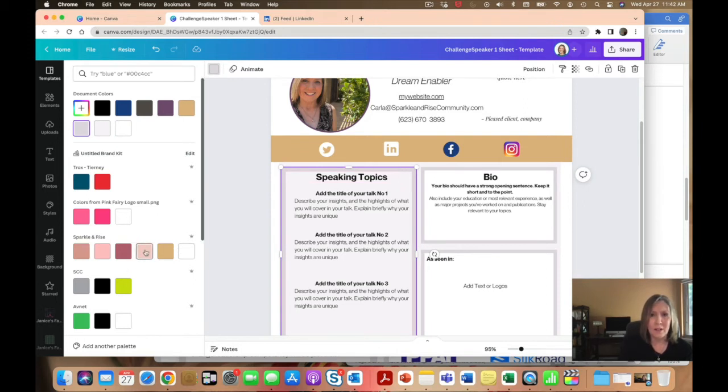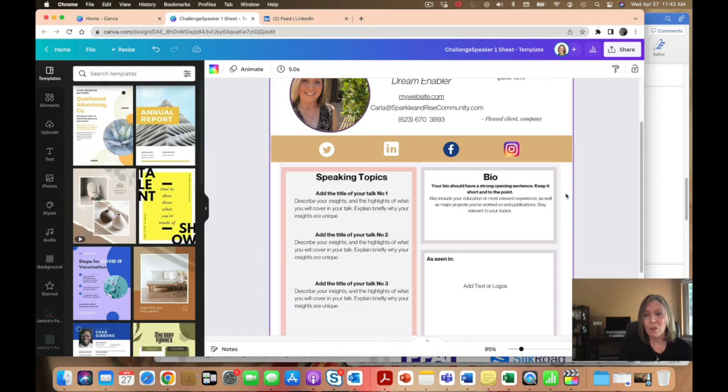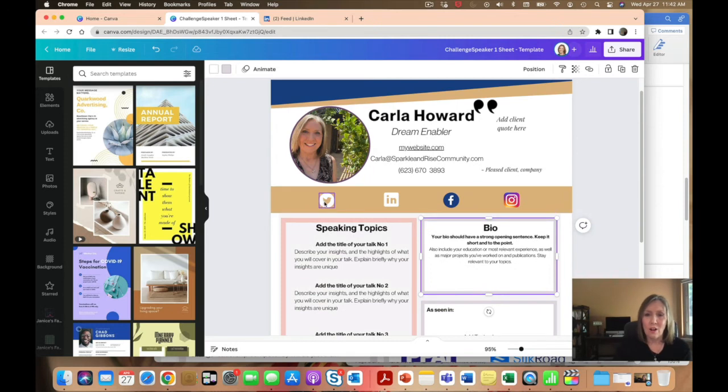Just for fun, I'm going to come over here and make this pink, and you can see that it changes the look quite a bit. So the pink actually doesn't look great with these colors, but I'm just showing you an example. So make sure that you're changing the outlines as you need to. This template does have the Twitter icon here because I know some of you are going to want to link to your Twitter. Let me show you real quick how you will link your icons to your profile.